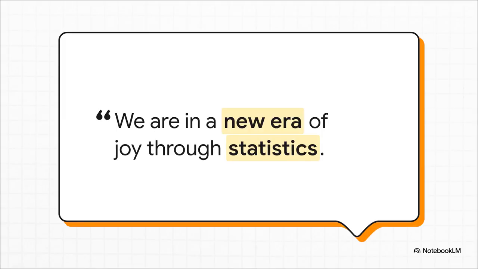As Richard Stone started to systematically organize this huge flood of data, Keynes saw what was happening. He realized they were entering a totally new era, where economics wasn't just a bunch of abstract theories anymore. For the first time, it was becoming a tangible, measurable system you could actually analyze.